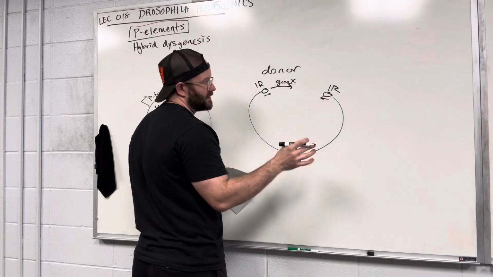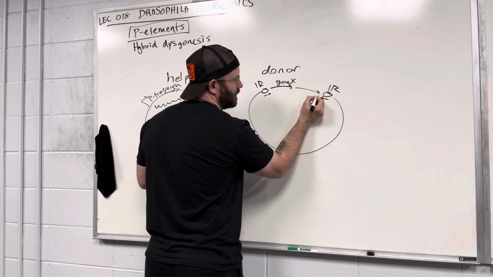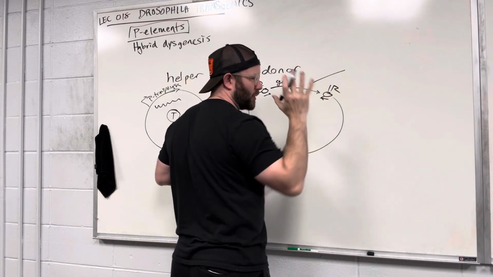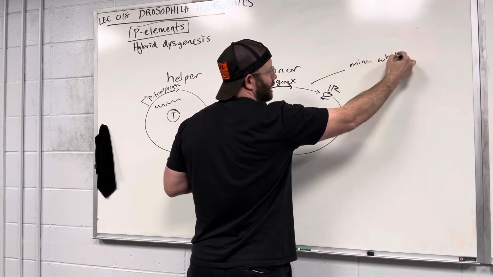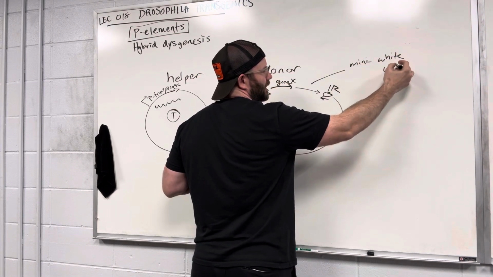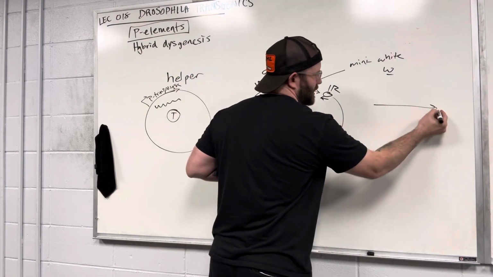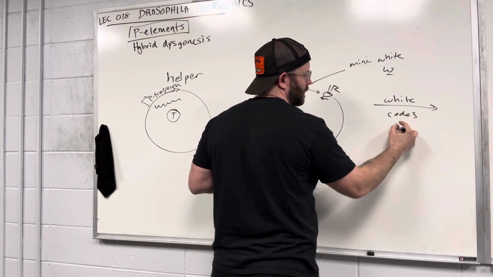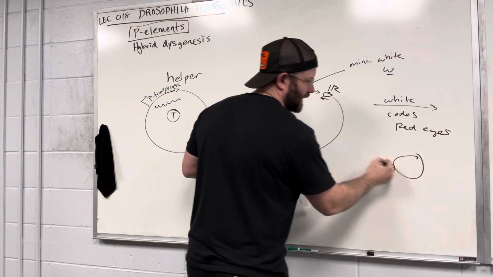Some of the differences in selection, we have already talked about this, so again, this should be review. The selectable marker in Drosophila, the most common one is called mini white, or you'll sometimes see just W. White is a gene that codes for red eyes, okay? So in a normal Drosophila,